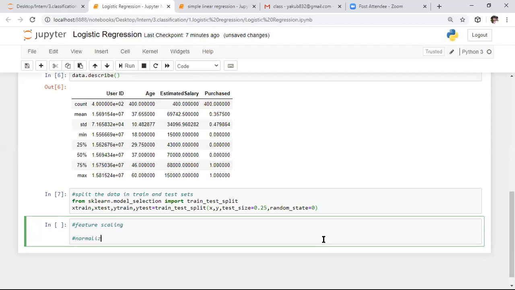The formula is xi minus the mean of xi, where the mean is taken over all the samples, divided by the standard deviation, which we can represent by sigma of xi. So that is about feature scaling.